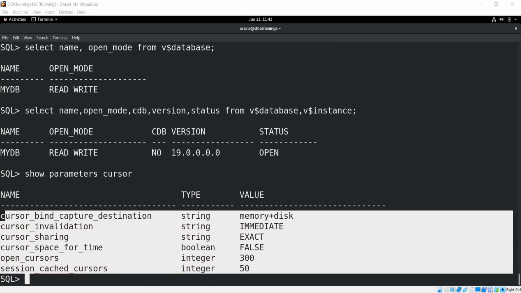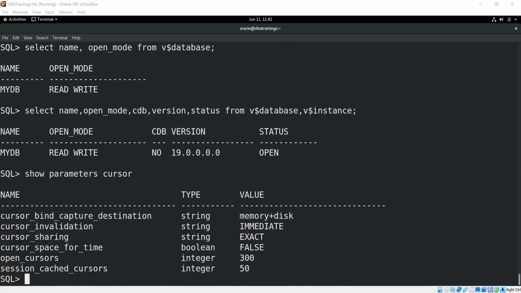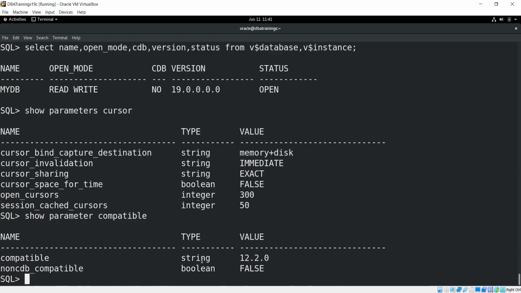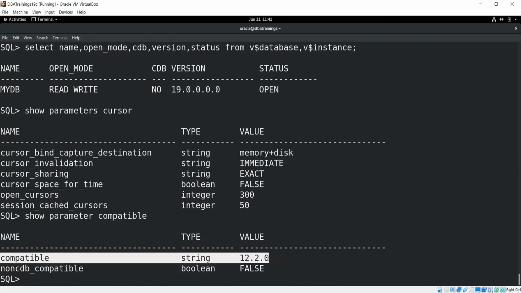Let me see the compatibility. So this is my compatibility version. If you can see, still it is the older one. And once you are completely sure, then you can convert it. So that's about this upgrade.